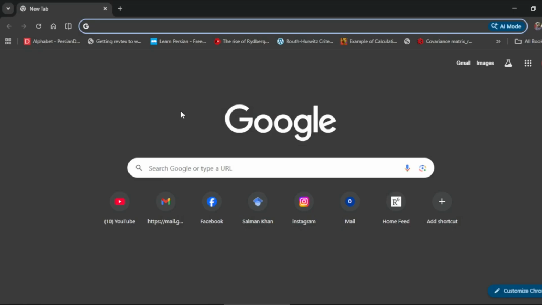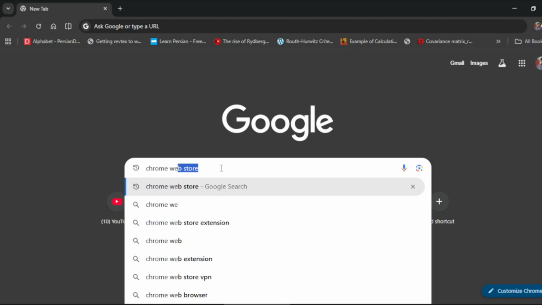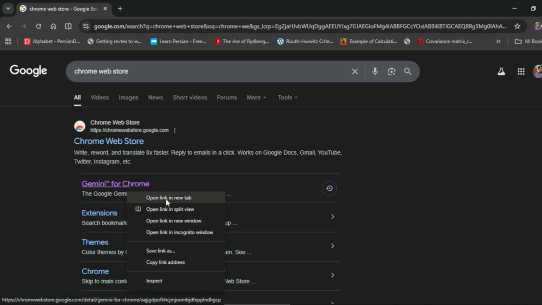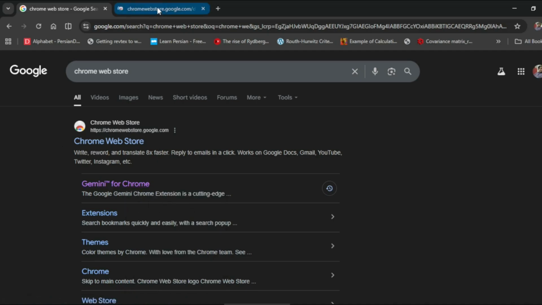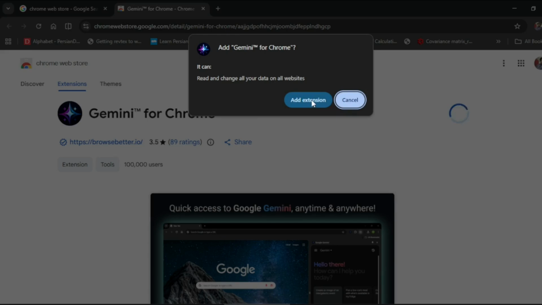In this video, I will let you know how to add a button or extension of Gemini to Google Chrome. So for that, you first need to open Google Chrome and in the search bar write Chrome Web Store. It is here, so I click on it and here Gemini for Chrome. Click on it or open this in a new tab like I'm opening here and then click on Add to Chrome. Add extension, click on it,